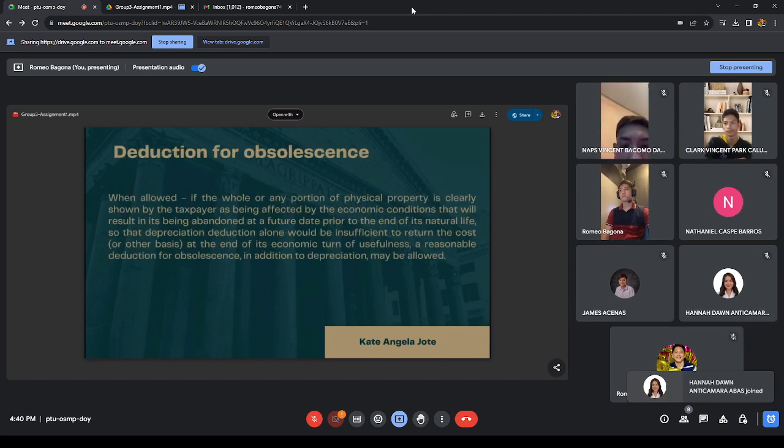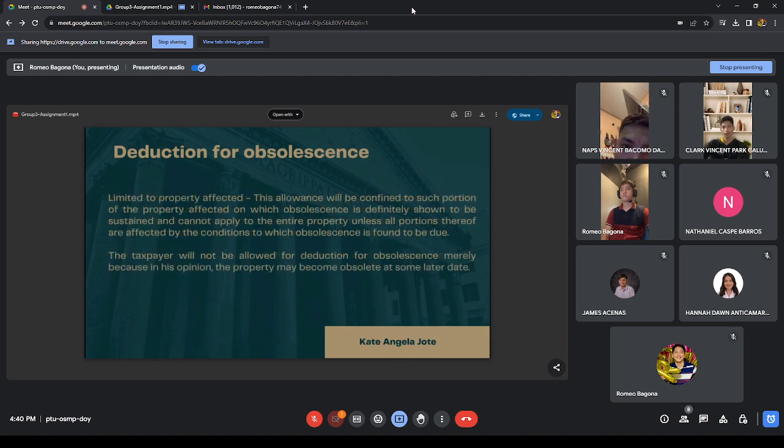Deduction for obsolescence. So there are two conditions. First one, when allowed. If the whole or any portion of physical property is clearly shown by the taxpayer as being affected by the economic conditions that will result in its being abandoned at a future date prior to the end of its natural life, so that depreciation deduction alone would be insufficient to return the cost or other basis at the end of its economic term of usefulness, a reasonable deduction for obsolescence in addition to depreciation may be allowed. The second condition,